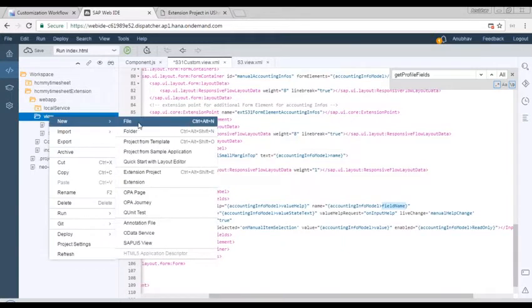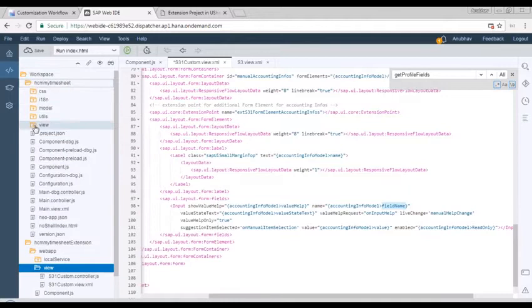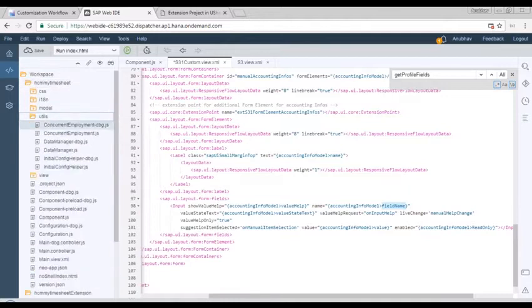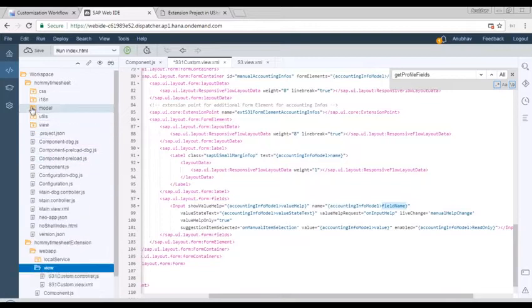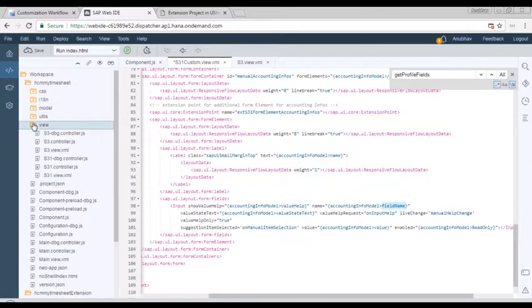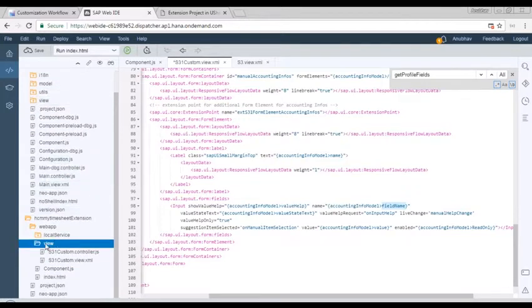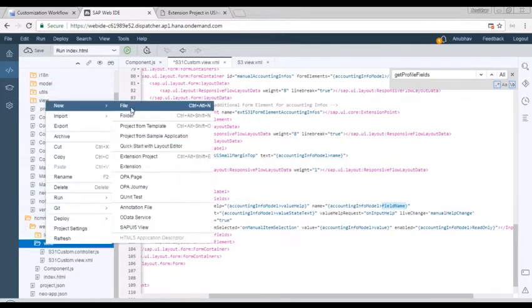So, new, maybe I'll create a formatter. I don't know if there is any wizard available to create a formatter. Maybe I go to the parent Fiori app and see in utils, do I have a formatter here? No, I don't have any formatter.js. Okay, no problem. I'll come here and create a formatter.js. So I just go and create a new file,